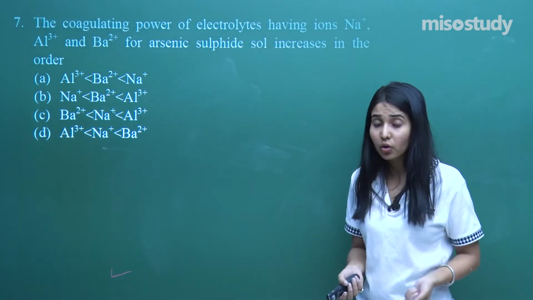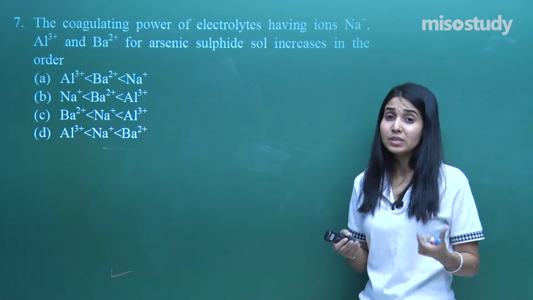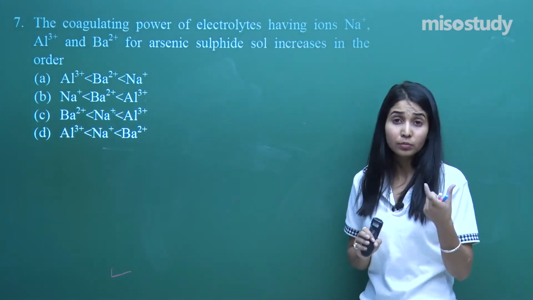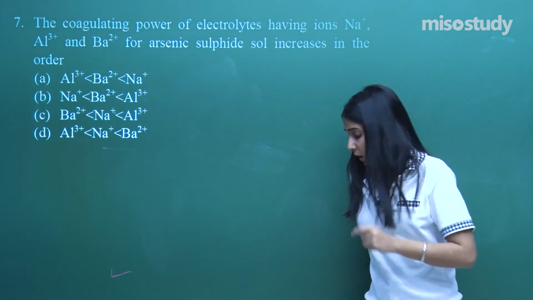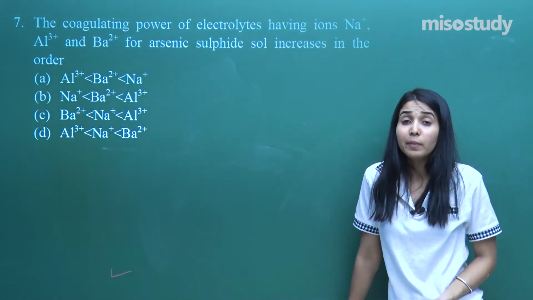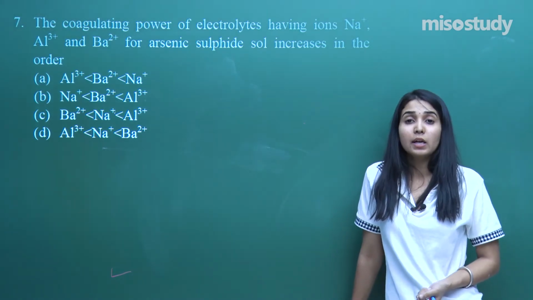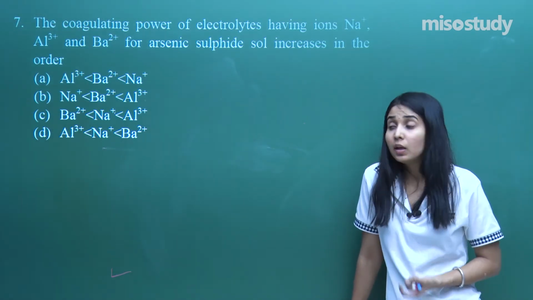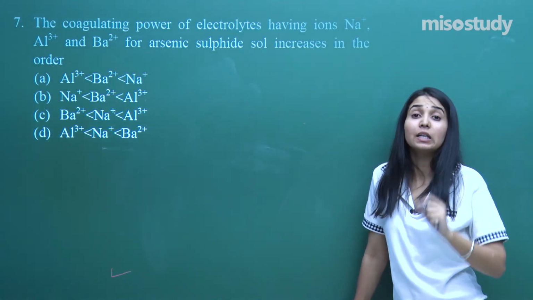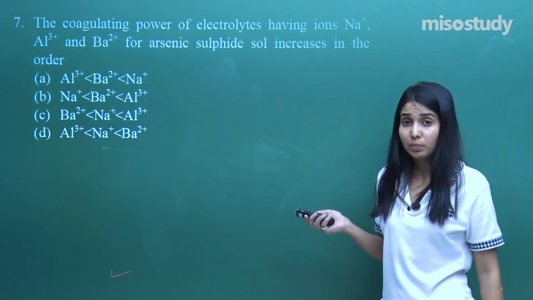Hardy-Schulze rule, they ask you a question, what do you do? You simply see the charge which is opposite to my system, and after that I see the maximum positive or negative charge. Now, had it been a positive Sol, if instead of arsenic sulfide I would have taken something else, say sodium chloride, then I would have to compare the charges of the negative ions. So the maximum negative charge gives the maximum coagulation power, right?